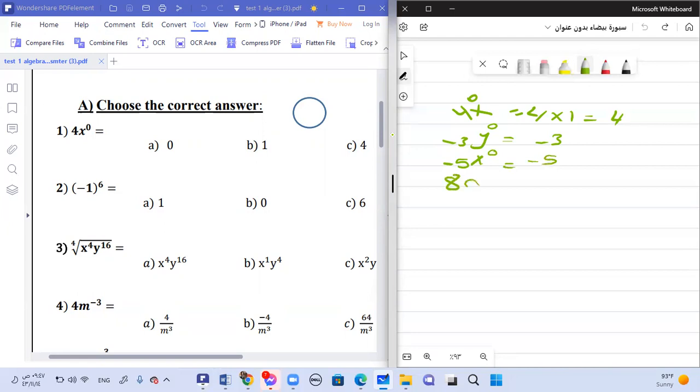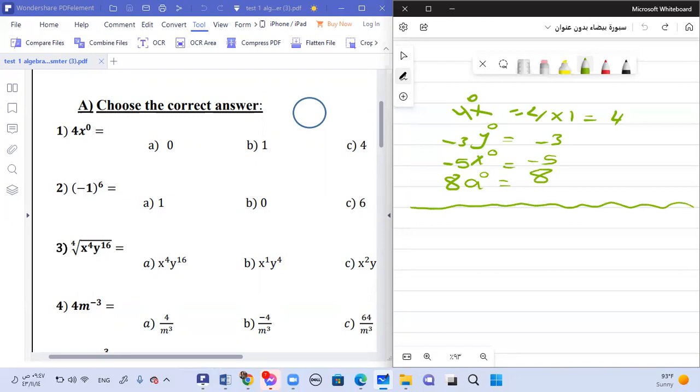8a power of 0 equals 8. Any problem about the first idea? No. Okay. The second exercise,